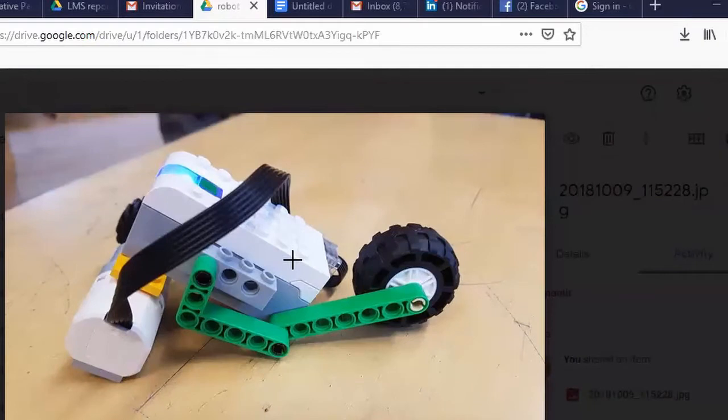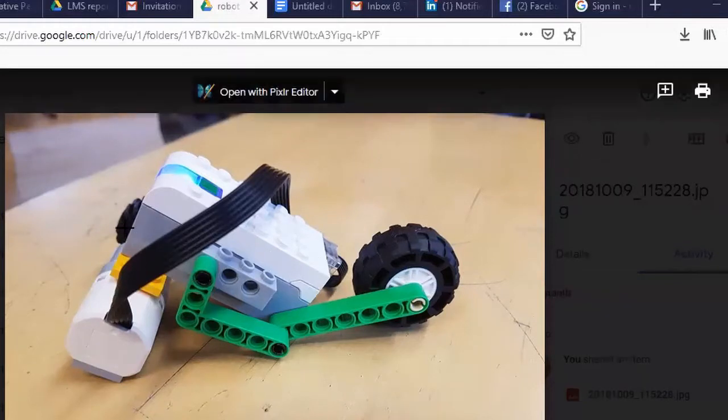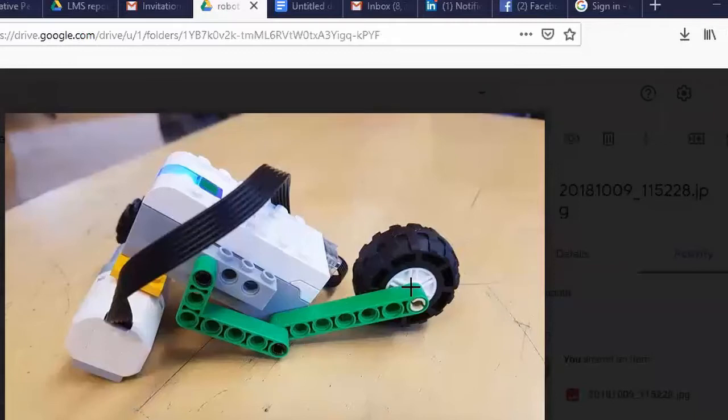But you see here they built it using two tires, put in an irregular way, and it's working forward and backward precisely. It's doing the mission.